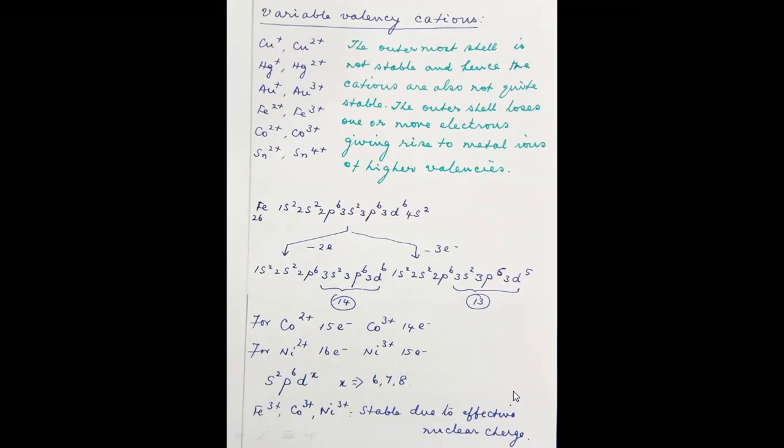And because of this variable valency, d orbital metals have very peculiar behaviors like variable valencies, and they show catalytic activity, and also they form colored complexes where salts are colored, and they form compounds of variable valency. And these are all the important things you have to learn about the transition metals. So the next one,